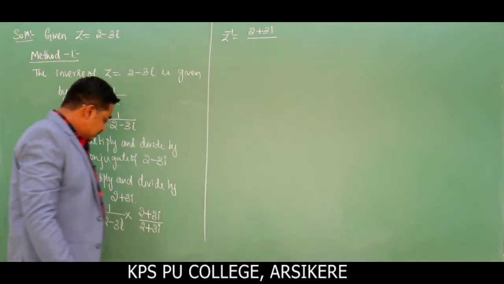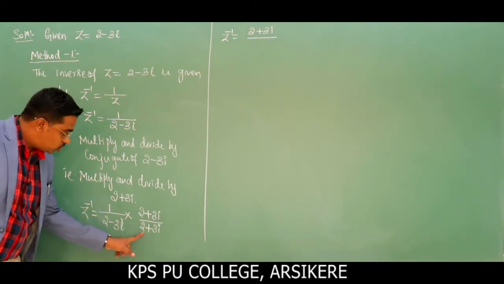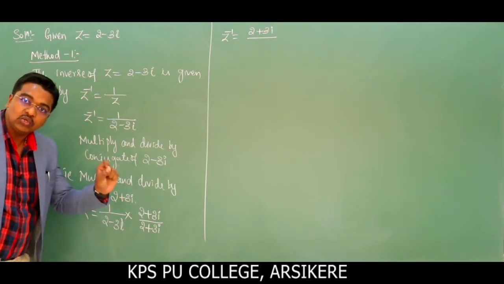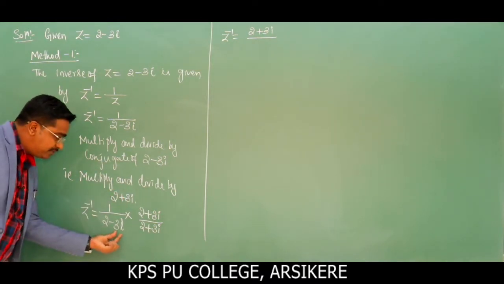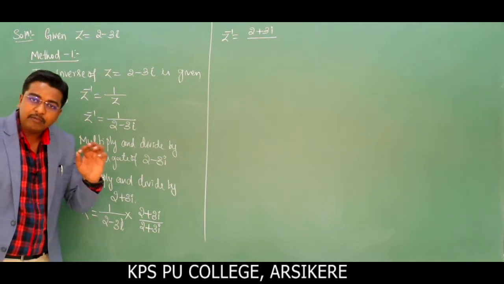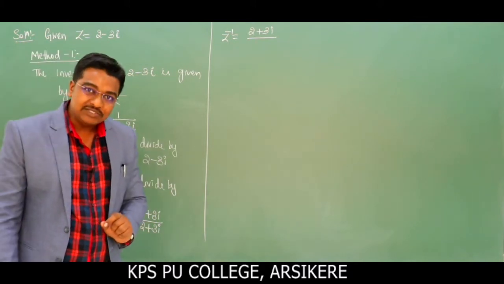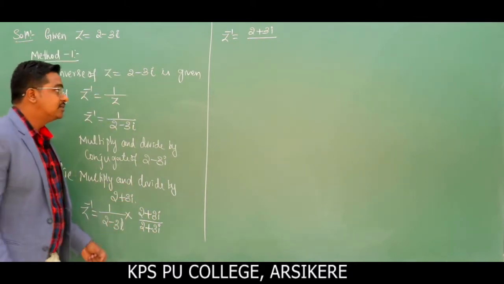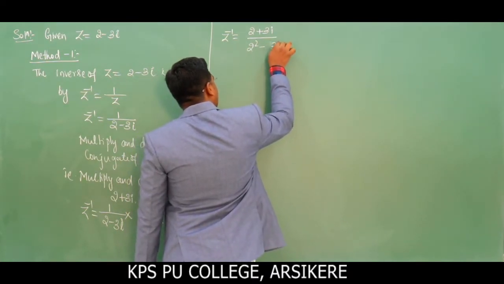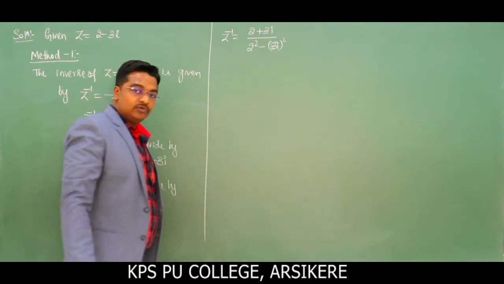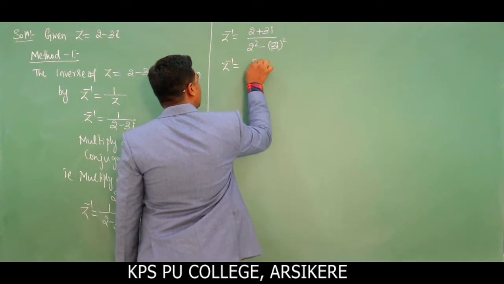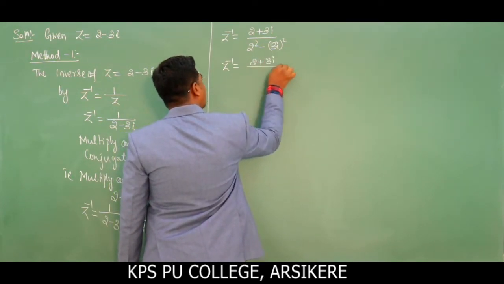Come to the denominator, just observe the denominator: 2 plus 3i into 2 minus 3i. This is of the form a plus b into a minus b. So what is the compact form? a square minus b square. I will write this as 2 square minus 3i whole square, or i into 3 whole square can also be written. Understood? So z inverse is equal to 2 plus 3i whole divided by 2 square is